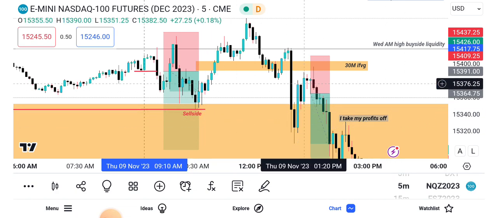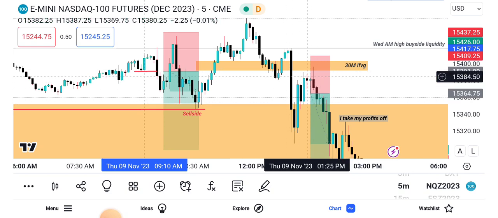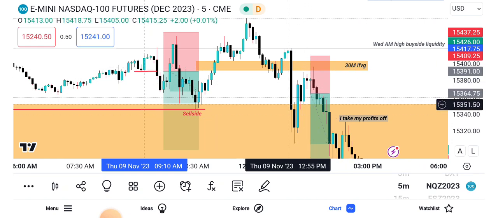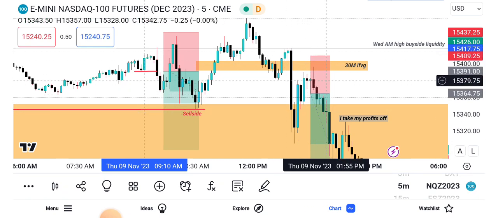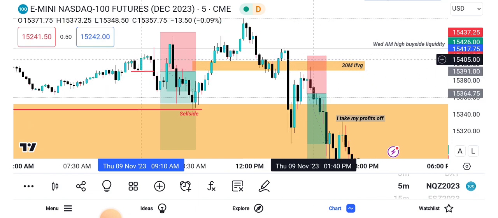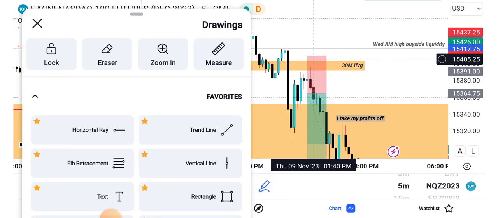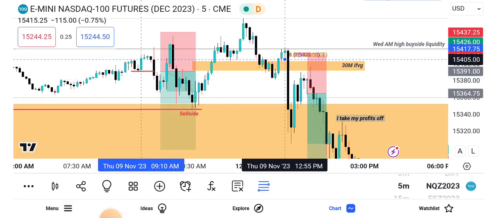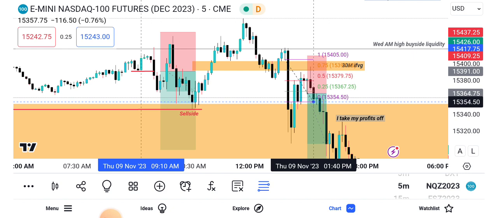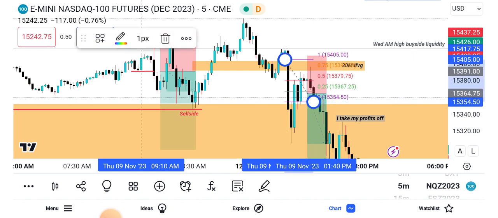Then price rallied again higher, back into the 30 minutes fair value gap. That's why it's necessary for us to have the higher time frames. This one can make you feel like price wants to retrace higher, but in real sense it's going to a key level. We can see this fair value gap around these candles' high and this candle's low. We measure, and you can see price closed around the constant encroachment. The candles were closing there,